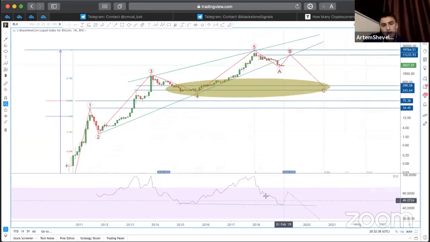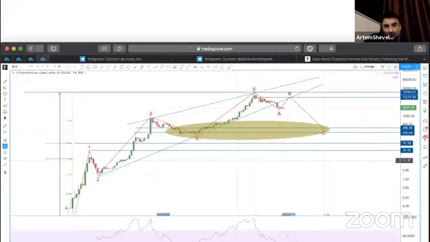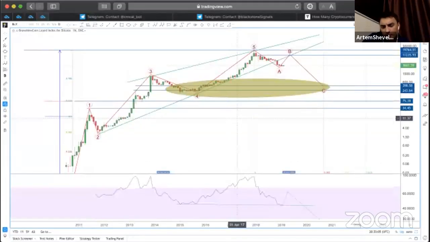And here we have a bullish divergence, because we have higher lows on the indicator and lower lows on the price on every side. It's a small divergence, but still a divergence. So this is the monthly chart. Well, if you guys have something else,